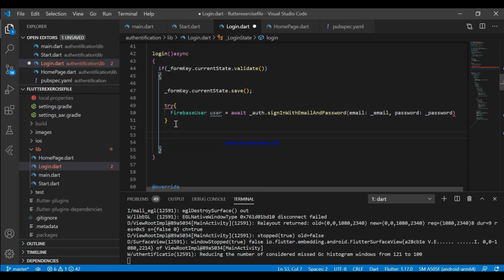Now in the catch part, if there is any error, then we'll show the error to the user.